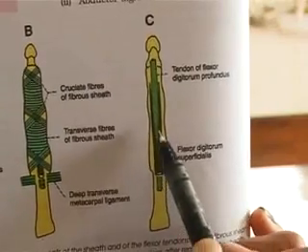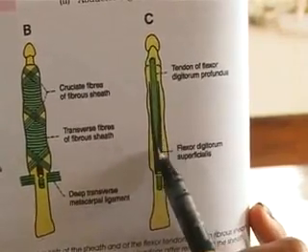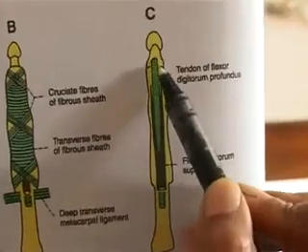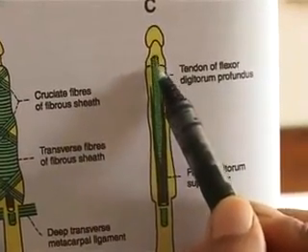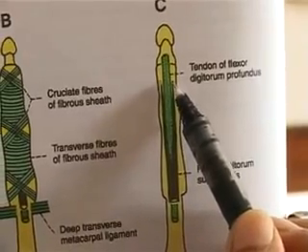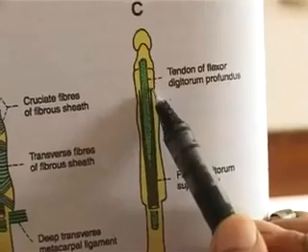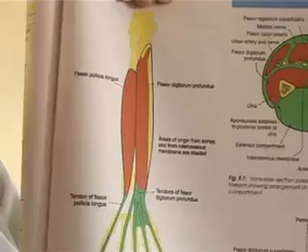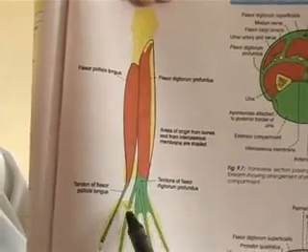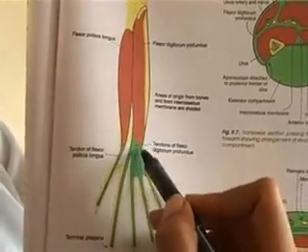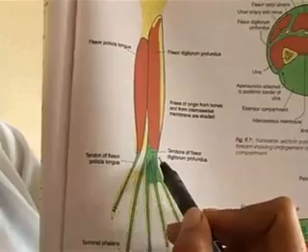The tendon of flexor digitorum superficialis is perforated by the tendon of flexor digitorum profundus and gets divided into 2 to get inserted into the shaft of the middle phalanx, and the tendon of profundus gets inserted into the base of the distal phalanx. The 4 tendons of composite flexor digitorum profundus pass deep to the flexor retinaculum.